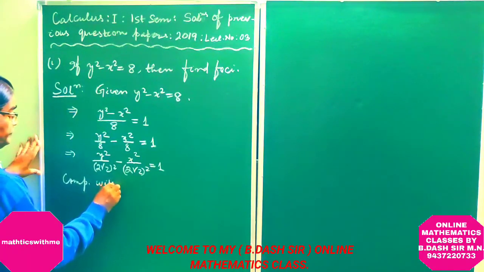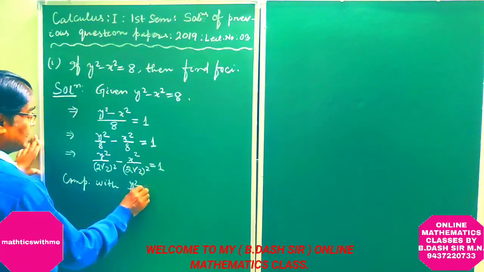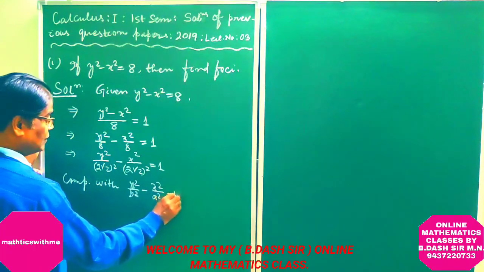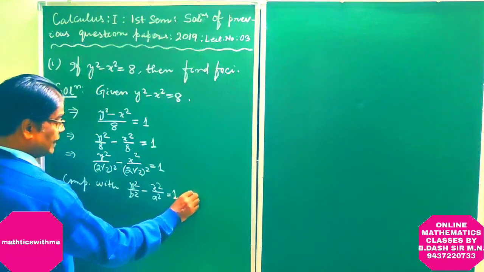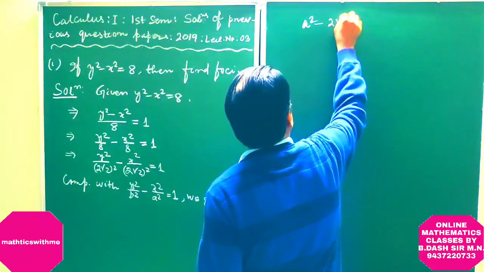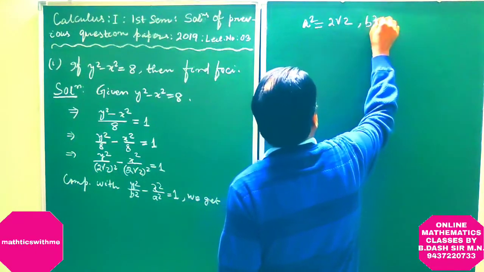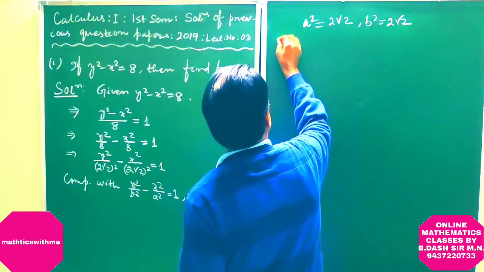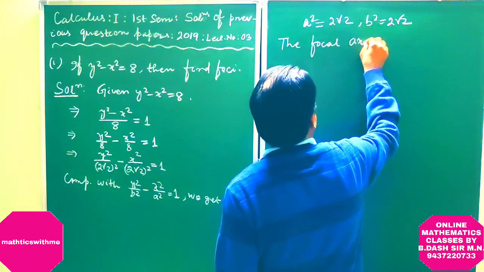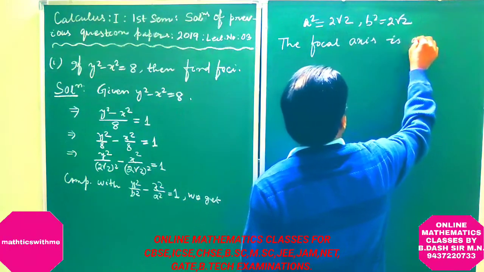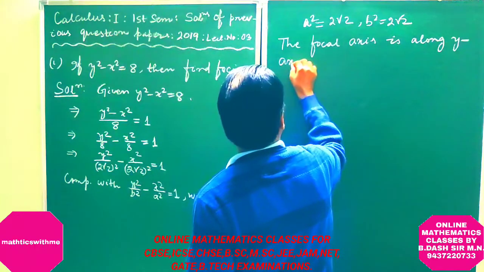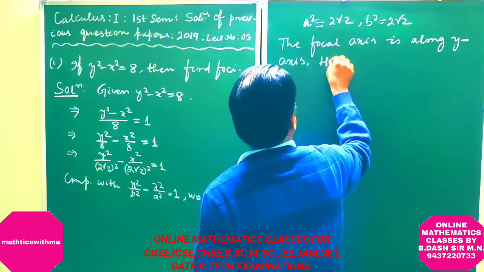Comparing with y square by b square minus x square by a square is equal to 1, we get a square is equal to 2 root 2, b square is equal to 2 root 2. The focal axis is along the y-axis. Here,